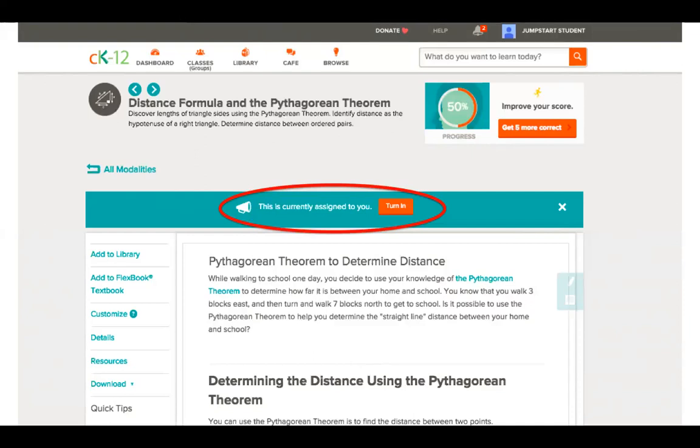Note that if there's a due date that you set for your assignment, students can turn in that practice as many times as they want up till that due date, and it will lock in their score up till that due date. If they haven't turned in any score at all before the due date and they completely forgot to do it, they have one shot to turn it in afterwards, but it gives them a delayed, hey, that was late, marker as they work their way through. So hopefully that clarifies a bit of those pieces.